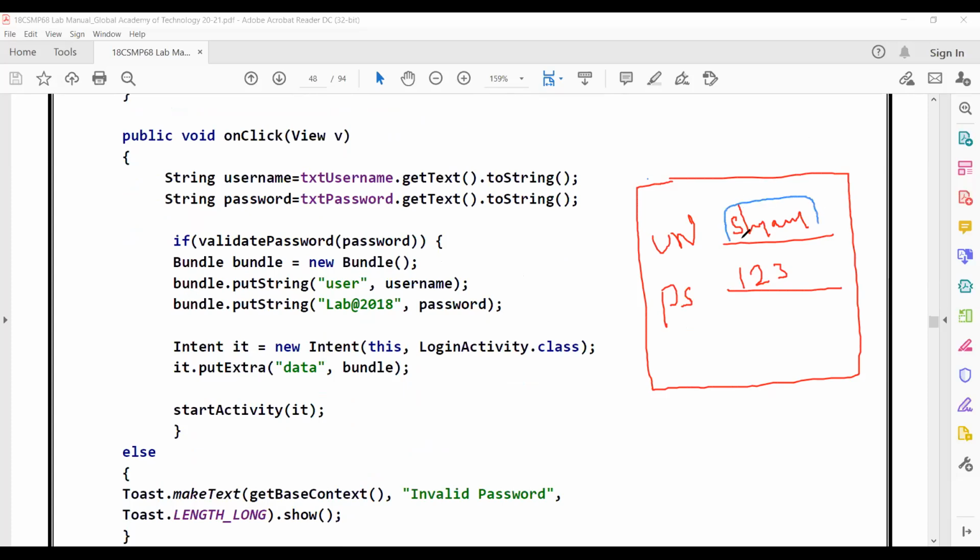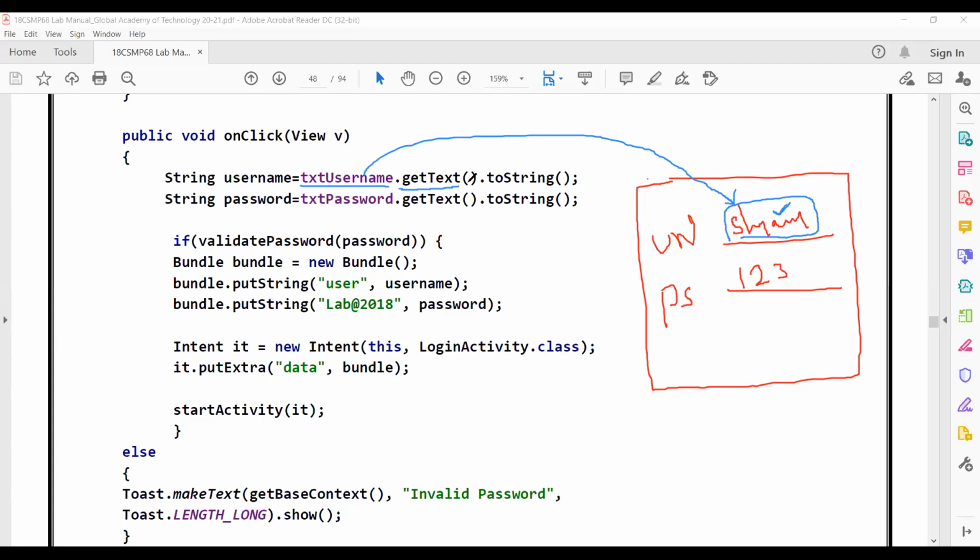I need to retrieve it. In order to retrieve, txt username refers to this text box. Now I want the text inside this text box. In order to get the text inside this text box, I need to call getText. You see, the name itself speaks. getText means I want to get the text inside this text box.